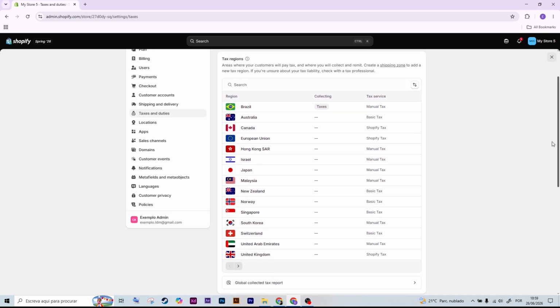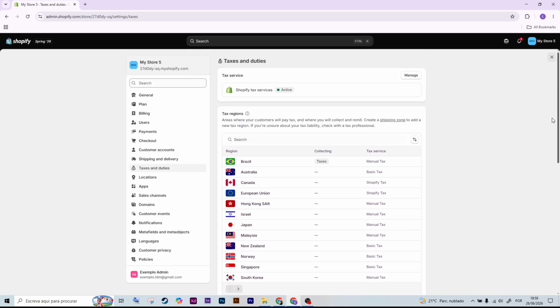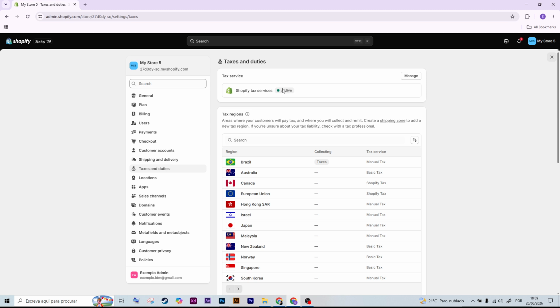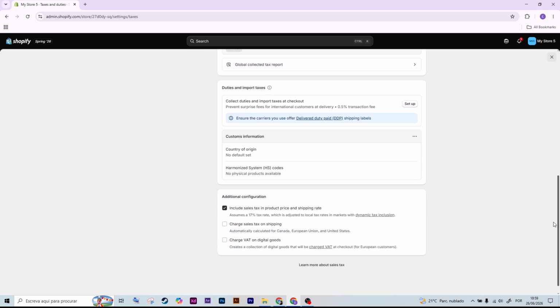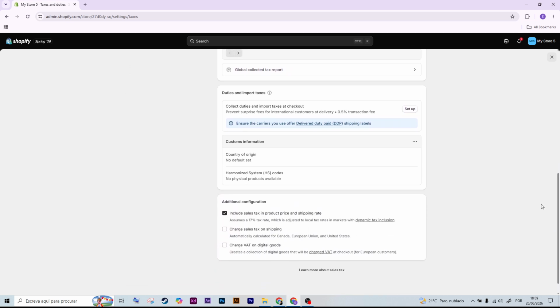Now review your tax settings. You can choose whether product prices include tax, configure tax overrides for specific products, and manage tax exemptions if they apply to your business. Next, save your changes and review your product listings to make sure the correct tax settings